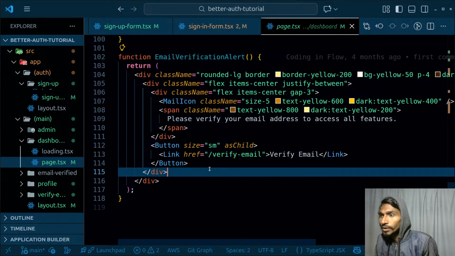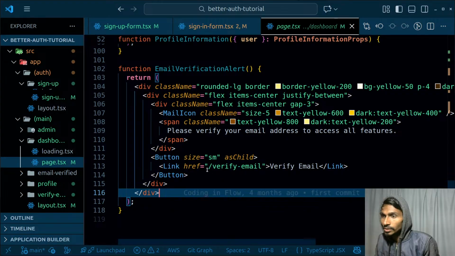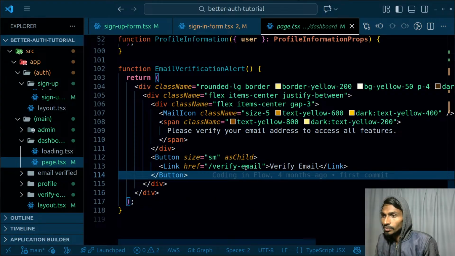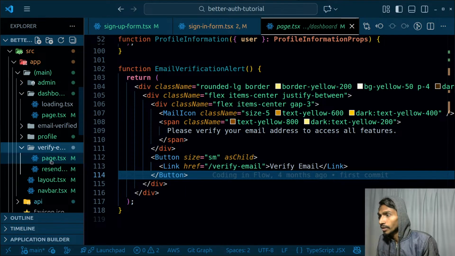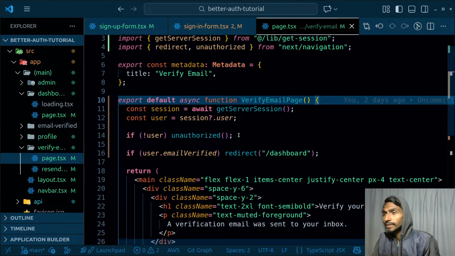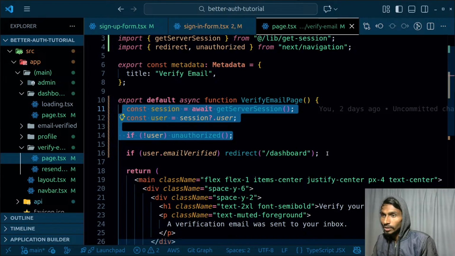Then I can go here and see email verified. Please verify your email address to access all the features. /verify, I can just simply click on this and I'm redirected to that verify page just right here. So inside this page.tsx, first of all I'm checking whether the user is verified or not. Otherwise,